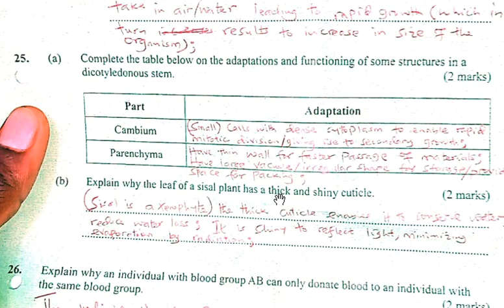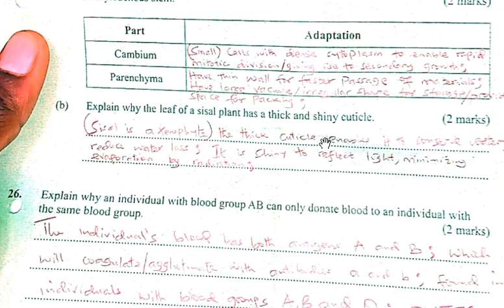division. Then parenchyma, they have thin walls for faster passage of materials. They also have large vacuoles or irregular shape for storage and providing space for packing. But B, explain why a sisal plant leaf has a thick and shiny cuticle. The thick cuticle enables it to conserve water, thus reducing water loss, and the shiny surface is able to reflect light, thus minimizing evaporation by